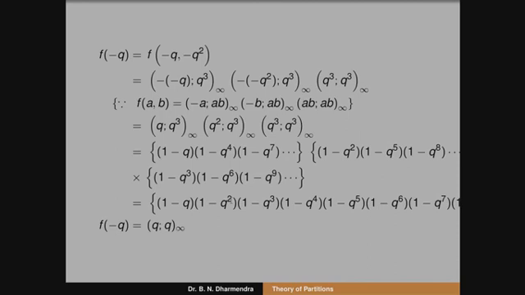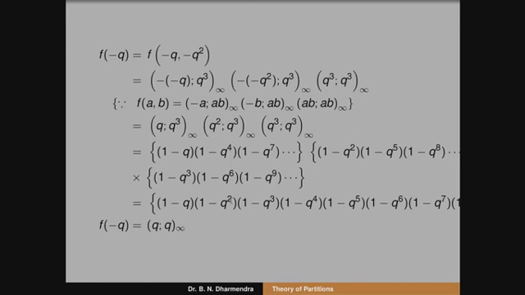So these are the three special cases of Ramanujan's theta function. The first one is phi of q, equal to f of q cube; we replace a by q and b by q. That represents the power of q as a triangular number. The next one is psi of q, when I replace a by q and b by q cube, that is f of q comma q cube. That represents the power of q as a triangular number.